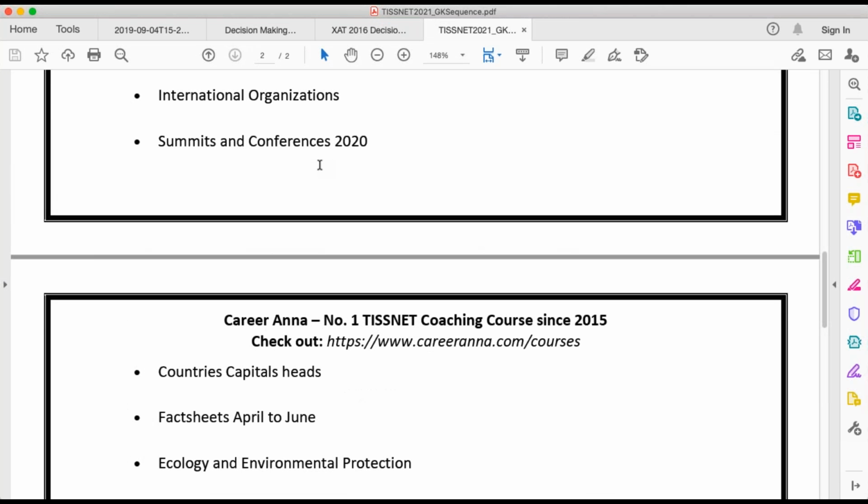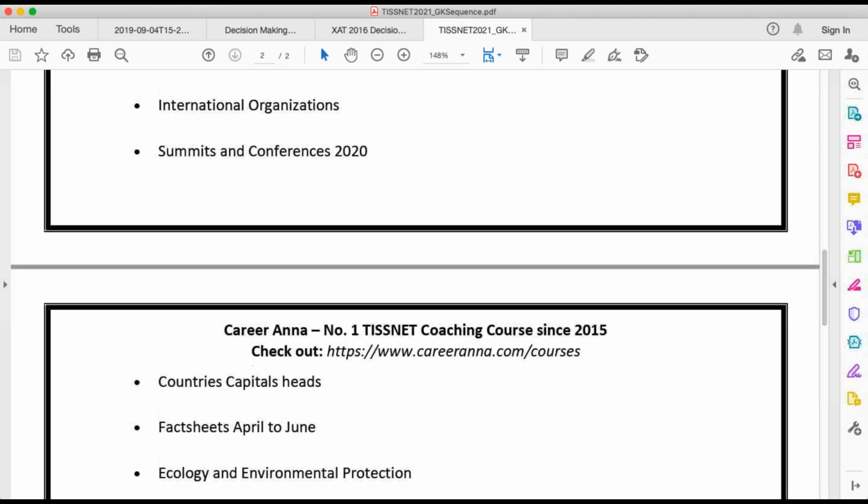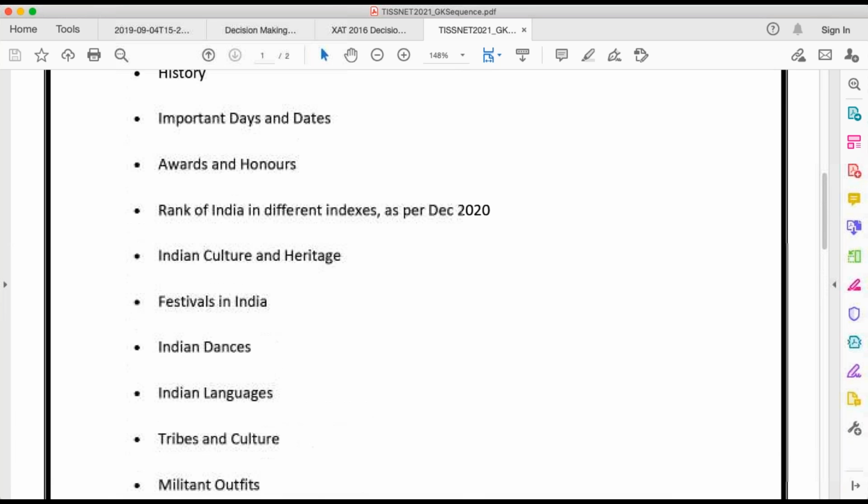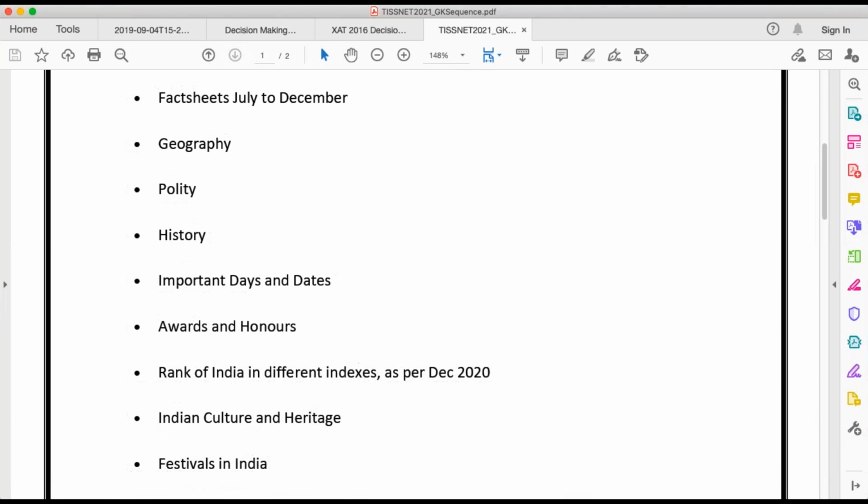Terrorist organizations is same as militant outfits. Five-year plans are what you can skip. Union budget, again, you can skip. Anything important would already be covered in the government schemes. Sustainable goals, you can skip. They are the least important ones. The list which I've shared here is the most important one and the ones you should complete first.